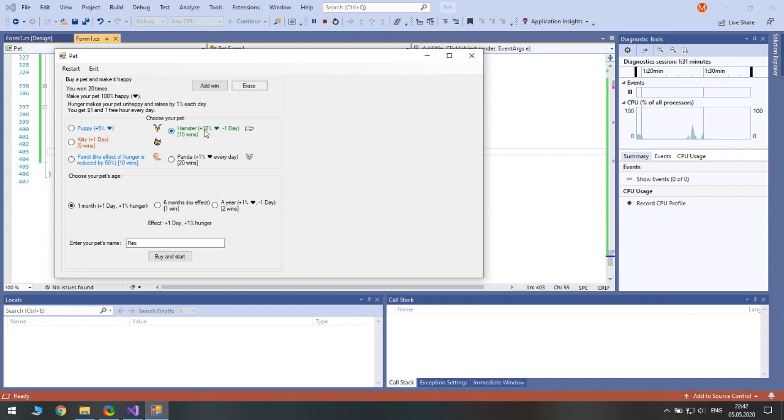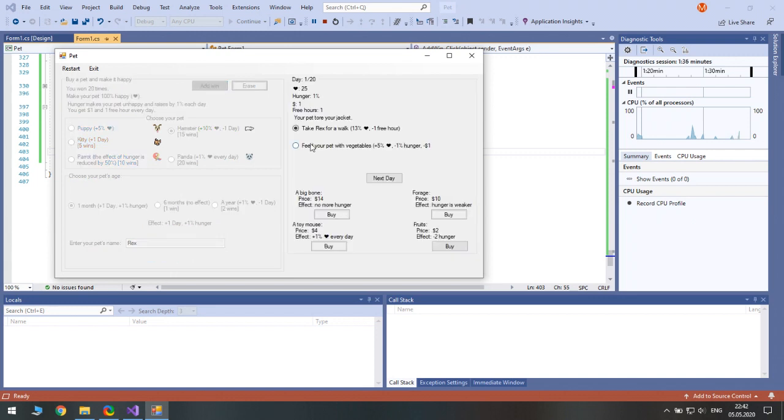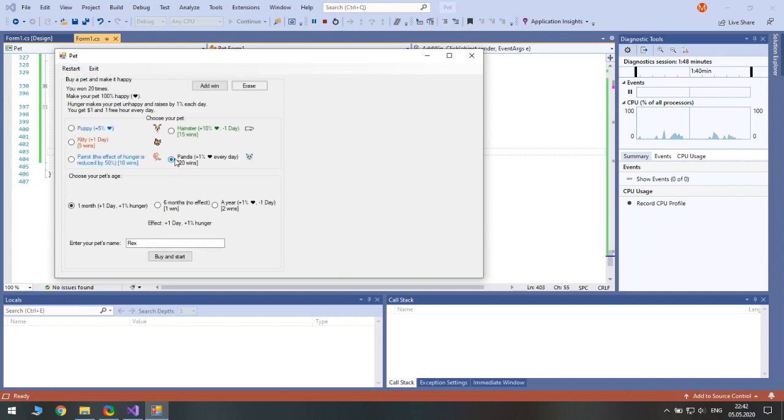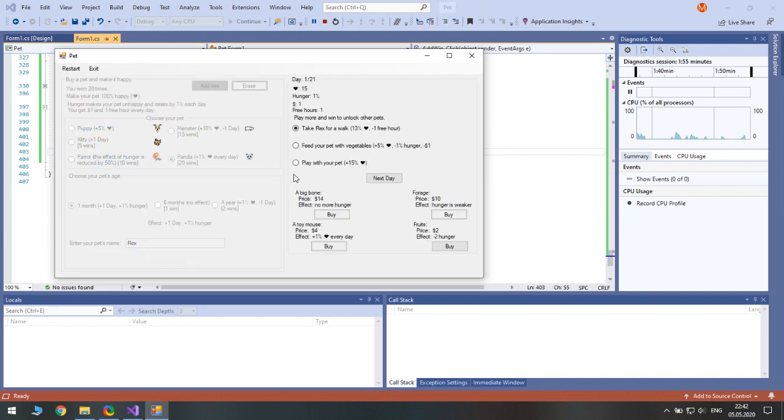It has a bigger bonus, but minus 1 day. Well, let's try. Minus 1 day, so not 21 but 20. Okay. And panda. Well, I don't expect much, but let's try.